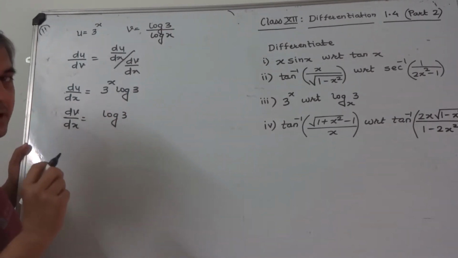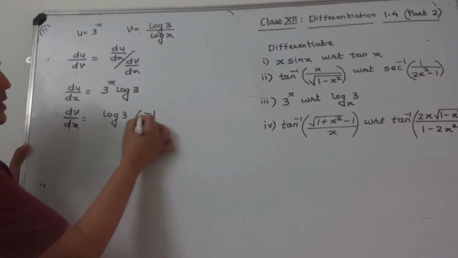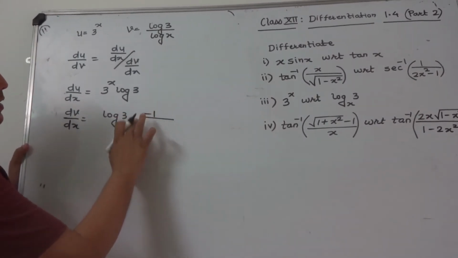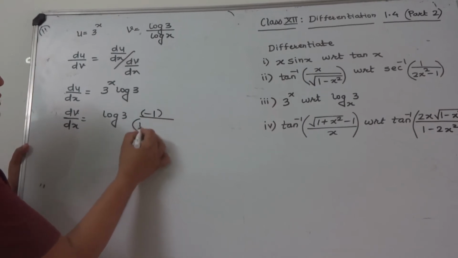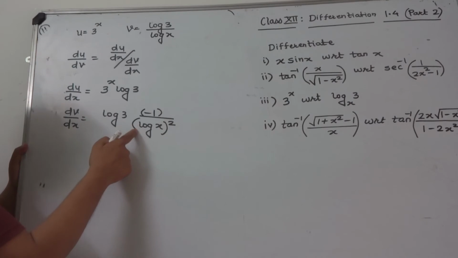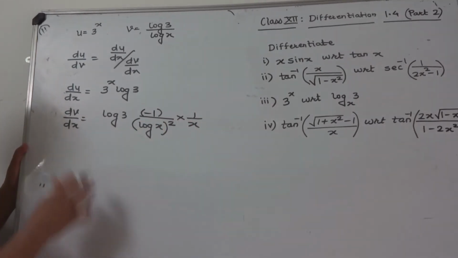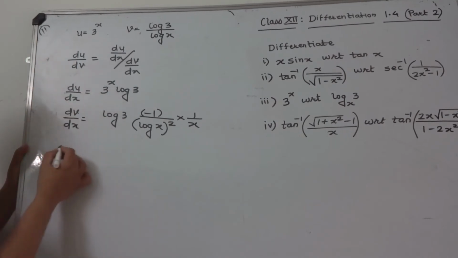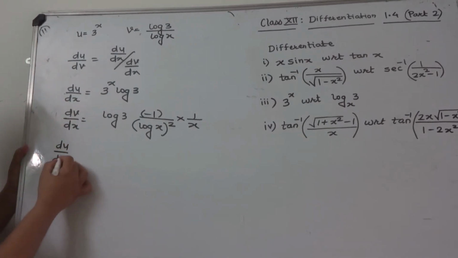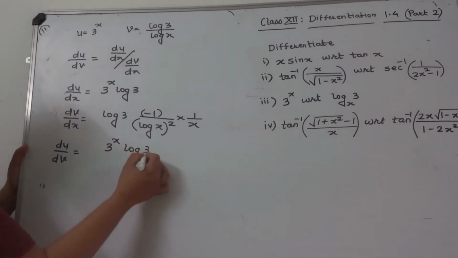Which formula we can use? 1 upon x. Derivative of 1 upon x is minus 1 upon x square. So we write minus 1 upon log x whole square. In place of x there is log x, so chain rule, derivative of log x is 1 by x. Now using these two values here, we can write du by dv equal to 3 raised to x log 3